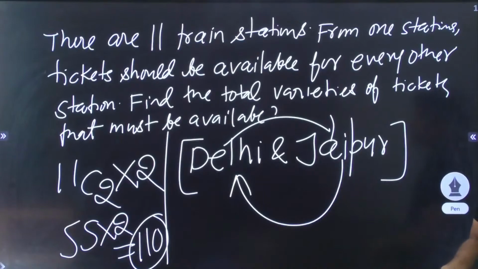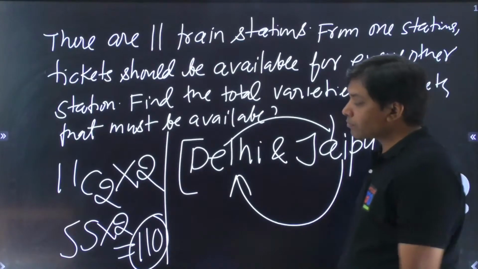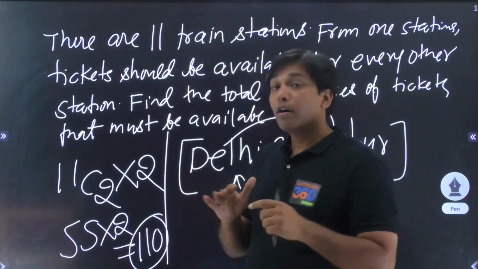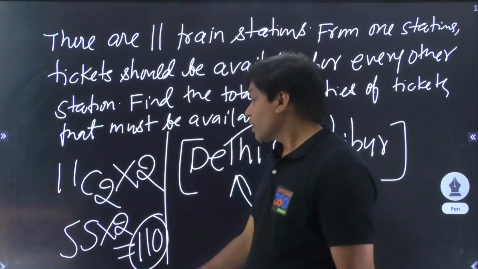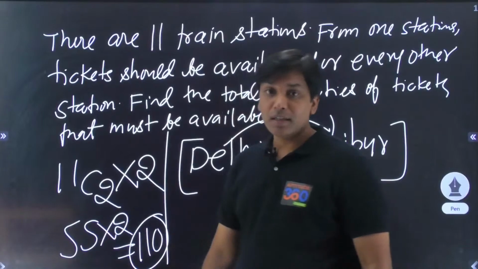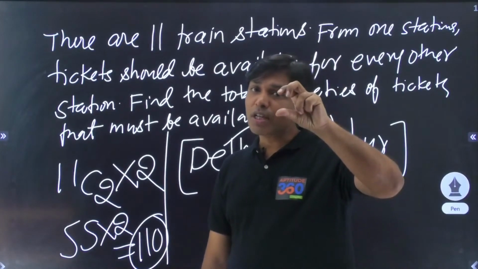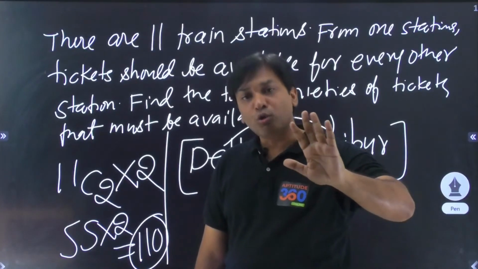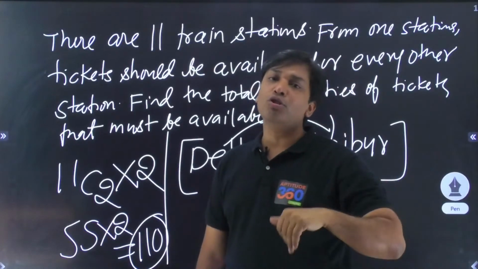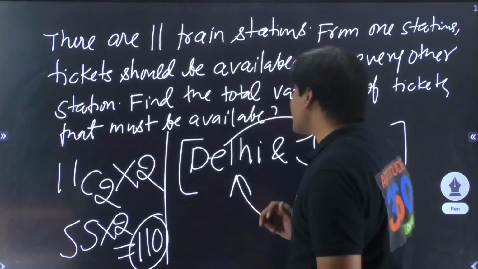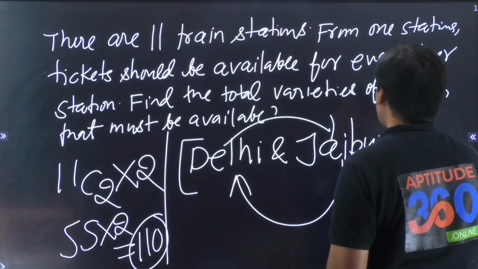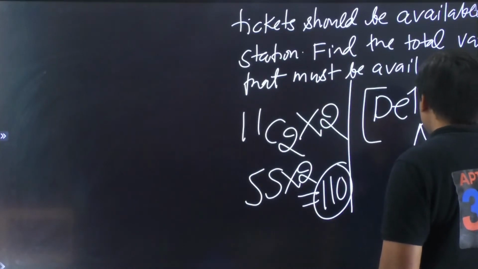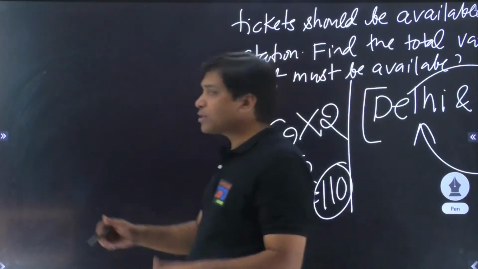Why this is going to be 55C2? Because no, 55 into 2, not C2, 55 into 2 which is 110, क्योंकि आपको हर एक स्टेशन से ना कोई भी दो स्टेशन आप सेलेक्ट कर लोगे, वो आपके लिए दो टिकट उस पॉसिबिलिटी के लिए बहुत जरूरी हो जाएगा। अब अगर कोई एग्जामिनेशन इतना स्मार्ट है ना कि वो आपको ये चेक कराना चाहता है कि कॉन्सेप्चुअल क्लैरिटी है कि नहीं है,